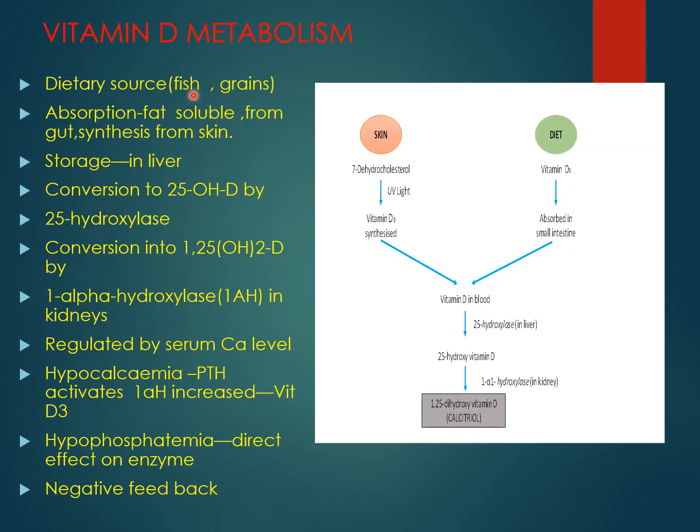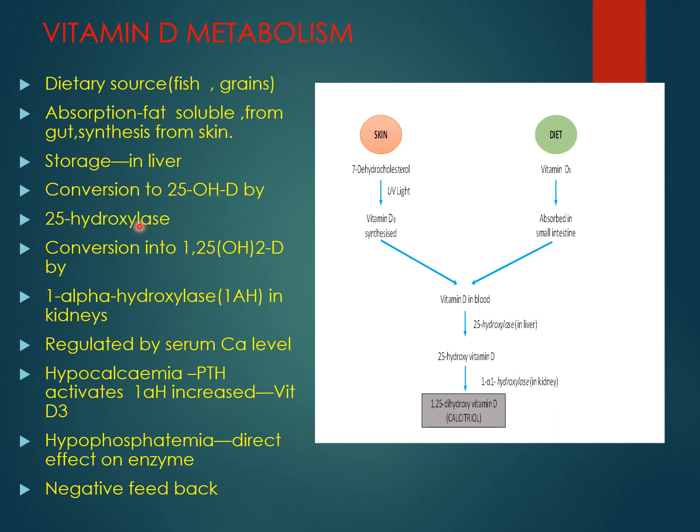There is a dietary source which is only 10%, from deep sea fish, legumes and grains and fresh vegetables. The absorption of vitamin D, which is a fat soluble vitamin, is from the gut and also endogenous source from the skin. It is stored in the liver, and also in the liver there is conversion to 25-hydroxy vitamin D